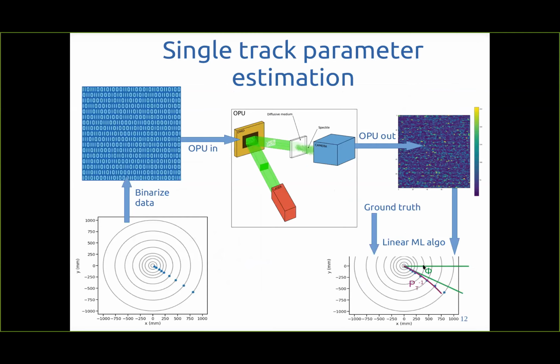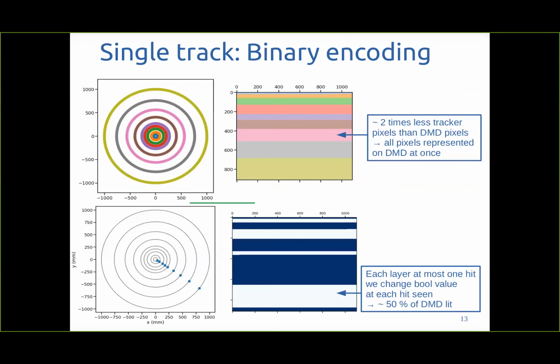How did we go for the binary encoding? Well, the DMD is a little bit more than 1 million pixels, and the number of pixels in the RAMP challenge is more than 500,000. So the straightforward idea was to map each of those pixels to one here. So the inner layer, the blue one, was mapped here in blue, orange, green, red. You get the idea. Now, if we have a track with 9 points, they will correspond to 9 points here,